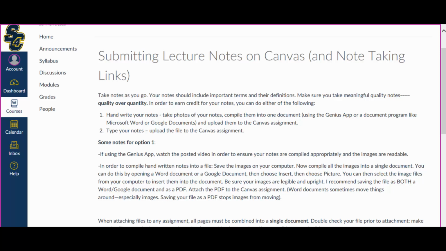it to Canvas. And in fact, if you have the Canvas app downloaded to your phone and you've signed into the Canvas app, and you have the Genius app downloaded to your phone and you're taking images and creating a file in the Genius app, it will automatically take that file that you've created as a PDF and put it into Canvas for you, and then you can just click submit. So it's a very, very simple process. You can do it all on your phone very simply, or you can utilize the computer, whichever is easiest for